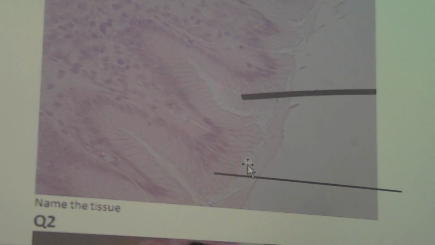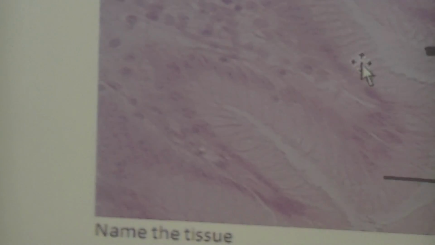Now, this slide belongs to the stomach. Many students were looking at how the simple columnar epithelium looks. This is the slide of the stomach. All you see here is tall cells, a single layer, separated by their membrane. You can see those membranes. But you see the tall cells.